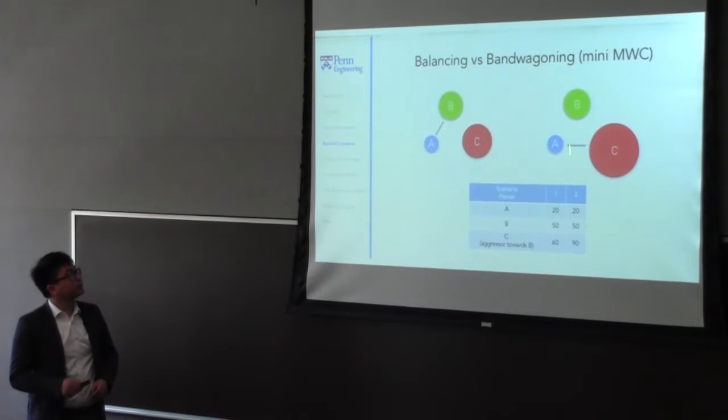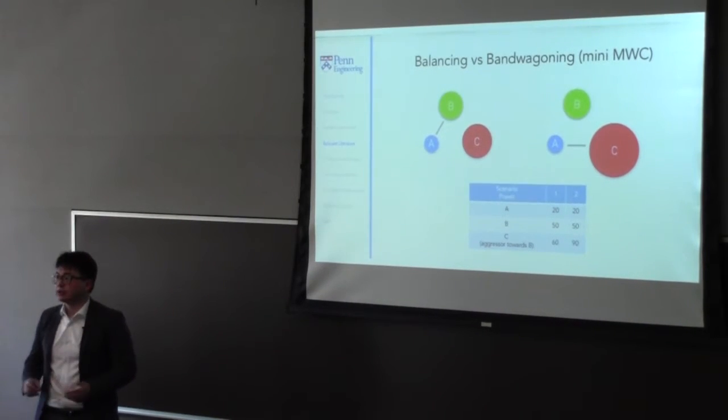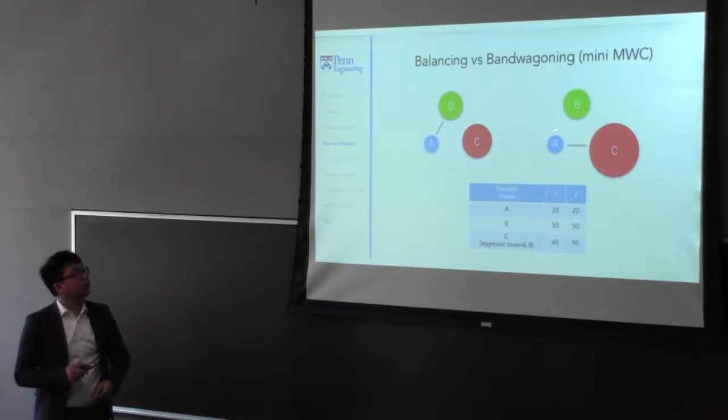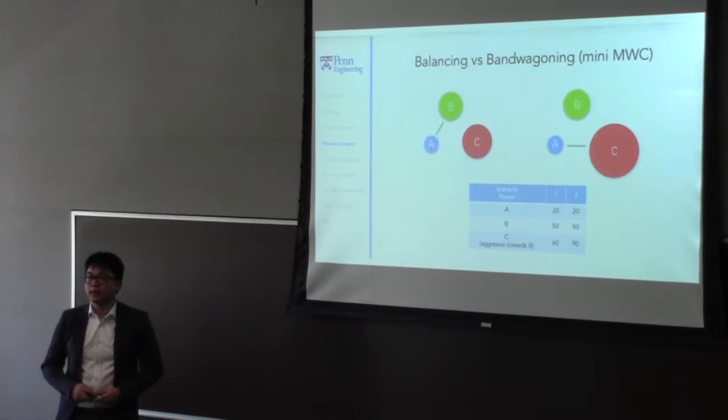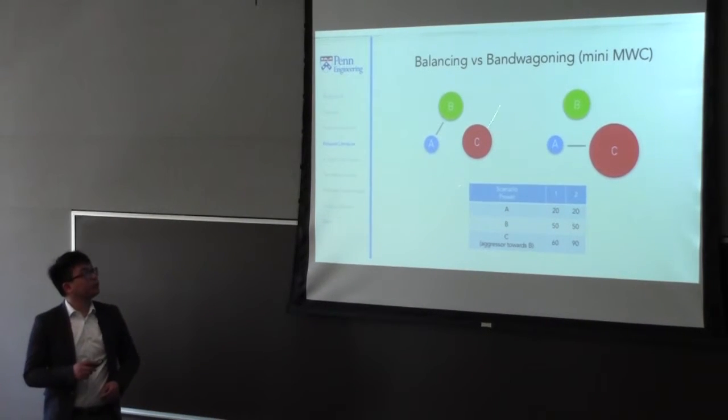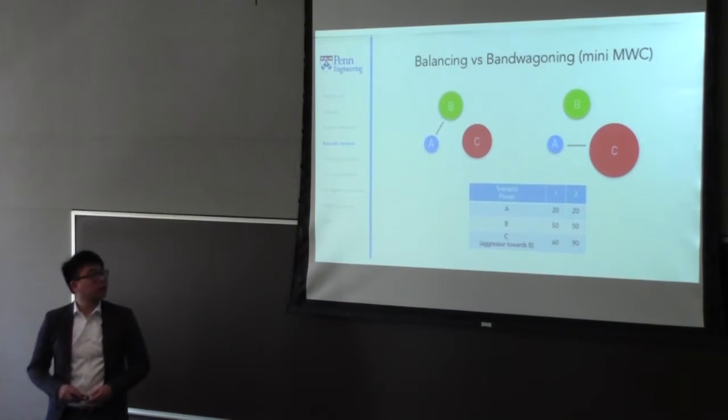And I think the idea here is very simple. C is the aggressor: it initiates an act and changes the state of the game. Then A, being the decision maker, looks around and asks, what is my minimum winning coalition? In the first situation, B is my minimum winning coalition partner. In the second situation, I don't have a choice. I'll just join C so I wouldn't get eliminated.